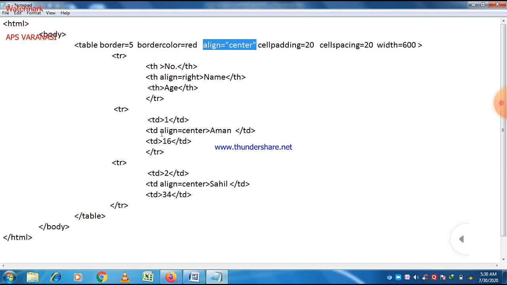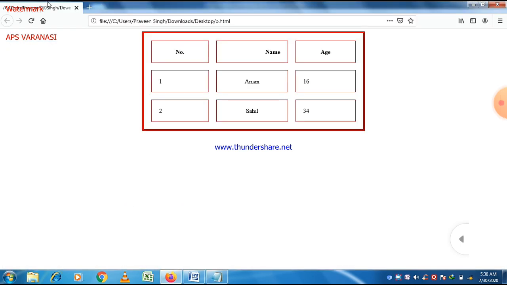So the main concept is that when you put the align attribute with the table, then it aligns the whole table, and when you put the align attribute with td and th tag, then it basically aligns particular data. Same for bgcolor also. If you put bgcolor for the td tag, then it provides background color for the cell.